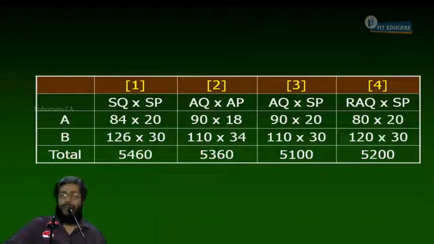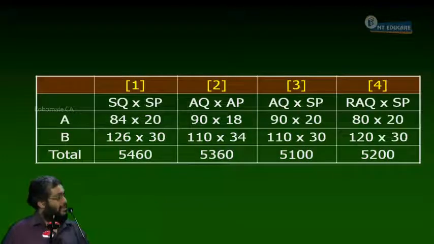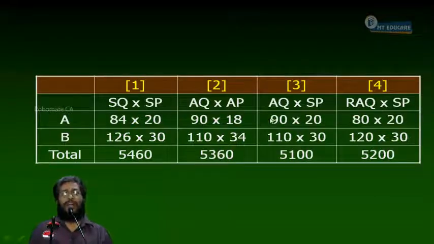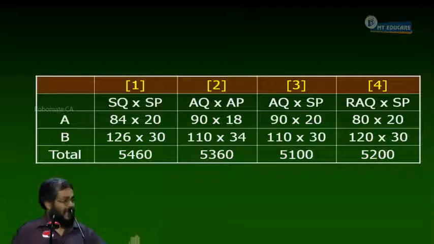Why does the material cost vary? Because of price, or because of usage. For price, the price variance is 3 minus 2, the difference between standard price and actual price. For A, I should have purchased at 20 but purchased at 80, a favorable variance. For B, I should have purchased at 30 but purchased at 34, an adverse variance. Overall, it results in a net adverse variance. That is point number 2.